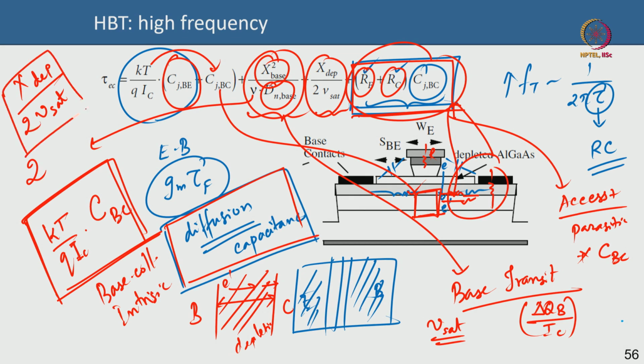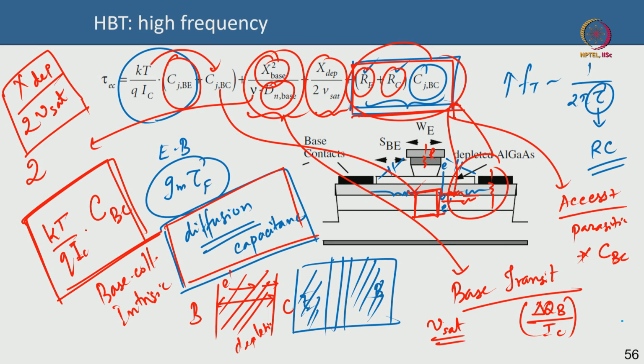There is a separate derivation for why that factor of 2 comes, which we are not going to discuss here, but just remember that whenever you have a space charge region and your carriers are traveling at a certain velocity, you have to add an extra factor 2 in the denominator to capture the total time that electrons take to cross the space charge region, because it is depleted of charge. The electrons that are traveling are in a way dictating the field as they travel. So the derivation comes from that,